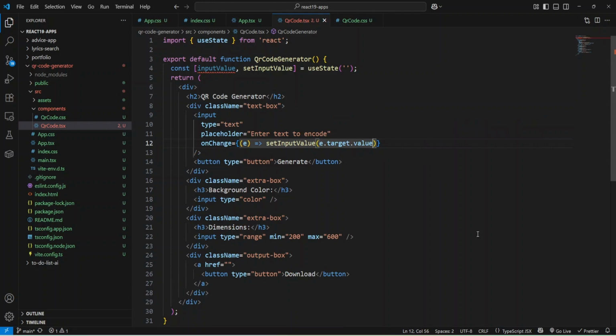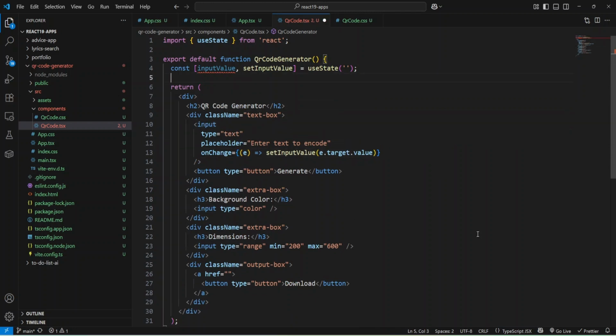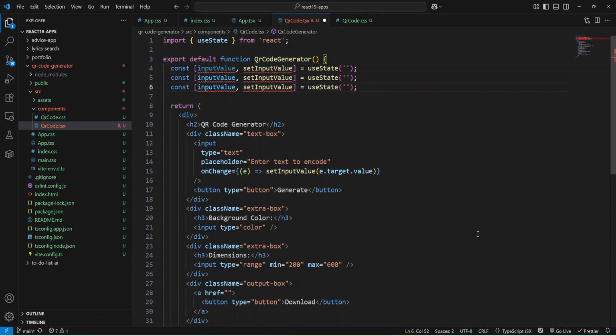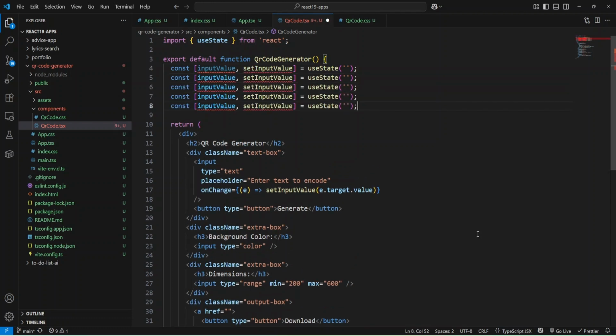Okay, and also we need to add more useState hooks. I'll just copy paste this, and let me change the name to yourText, and so here we'll have setYourText, and here I'm going to provide size and change to setSize.